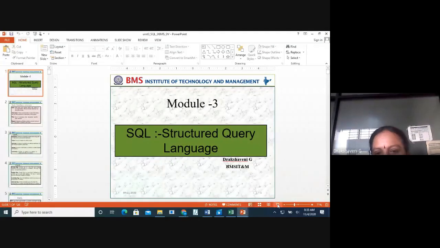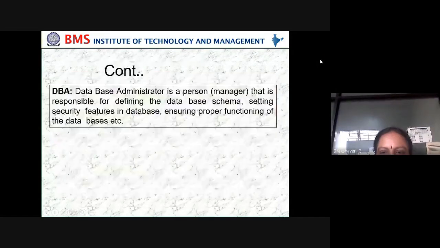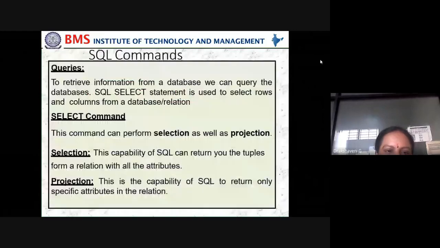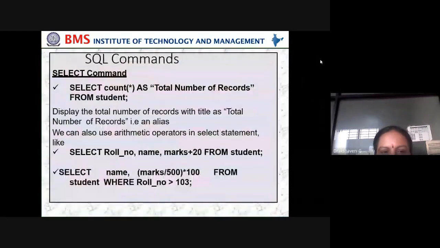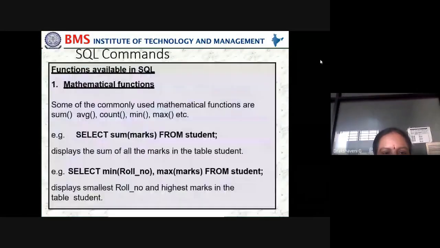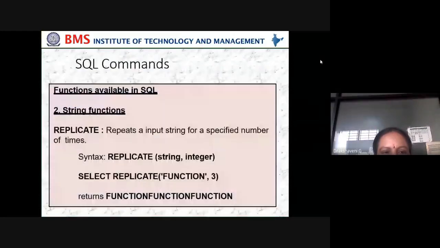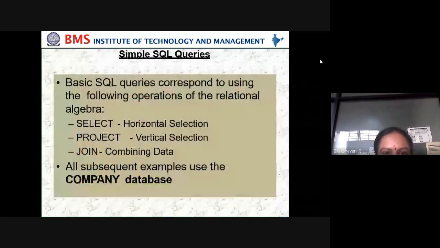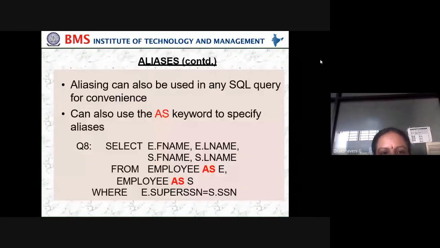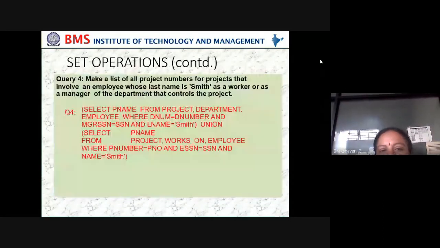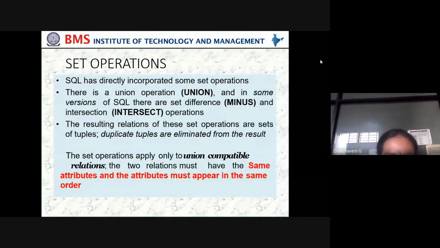So the last class, we were saying about all these we have done in the last class. We've started with some string simple queries. We have done with alias. We have done with unspecified where clause. Distinct was over. So now we'll start with set operations.